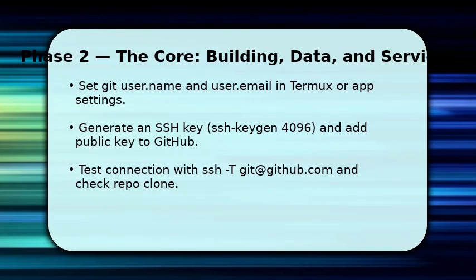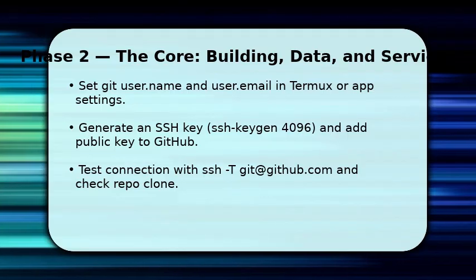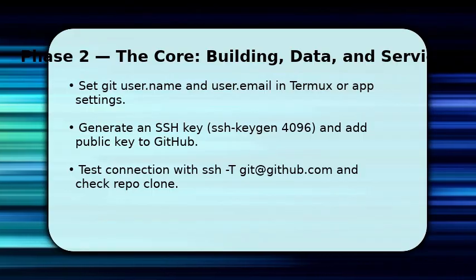You now configure Git and authentication so you can commit and push. Open Termux or a terminal in the app and run git config --global user.name "your name" and git config --global user.email you@example.com. Then generate an SSH key, typically ssh-keygen -t